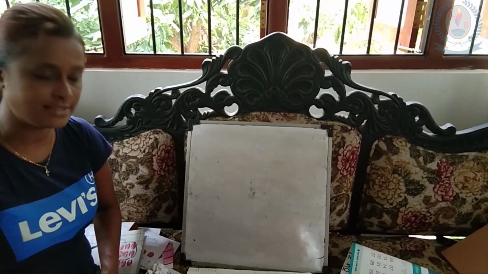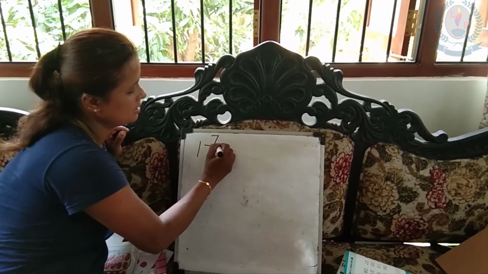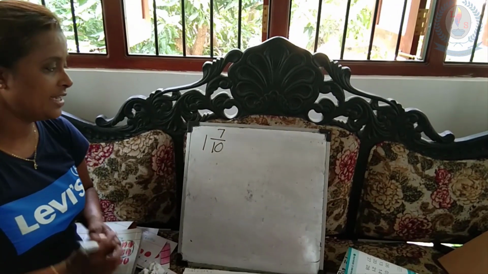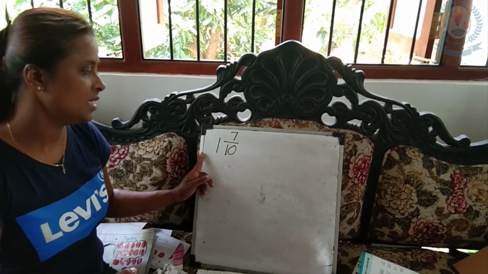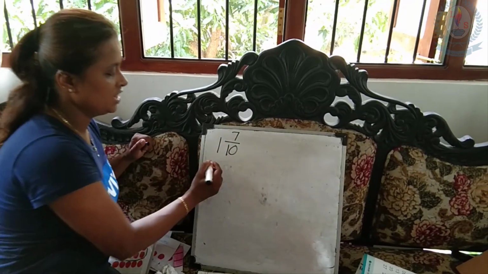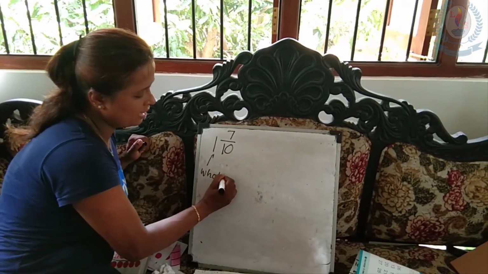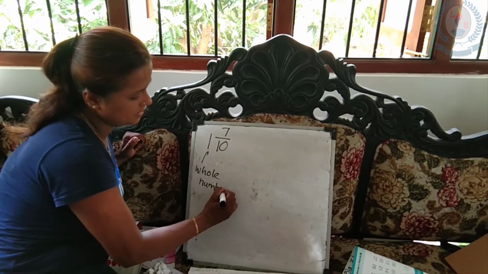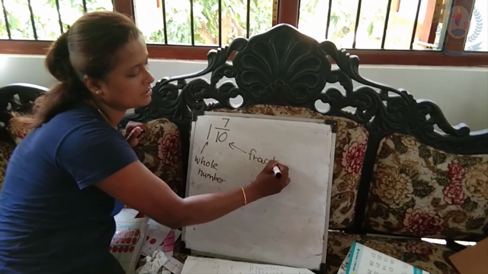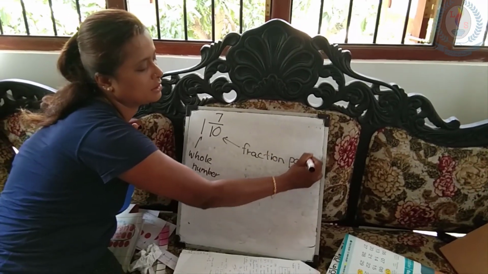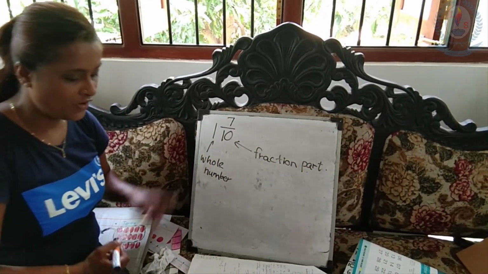Up till now, we have been writing proper and improper fractions as decimals. Let us now look at mixed numbers. Can you remember what mixed numbers are, which we learnt in the previous chapter? I will write an example. Look at this. 1 and 7/10. As in a decimal number, a mixed number also contains a whole number, and a fraction part.